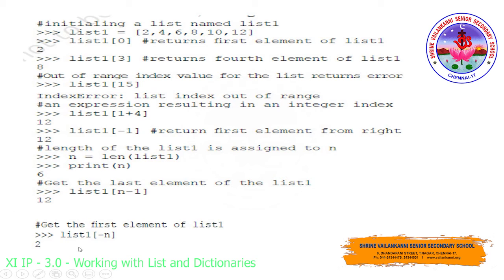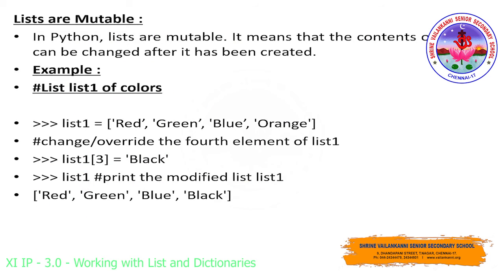So this is how we can access the elements of the list in many different ways. There are many possibilities to access an element, and there is not only one possible way. And lists are mutable. I have told you the values of the list can be changed, right? If you look at this example, you will understand how you can change the values of the list, based on the index position.